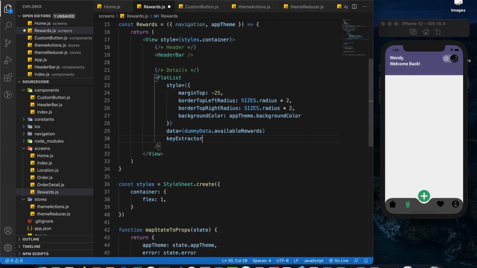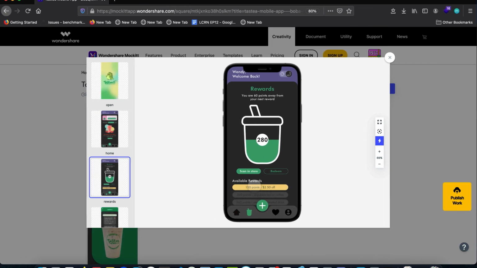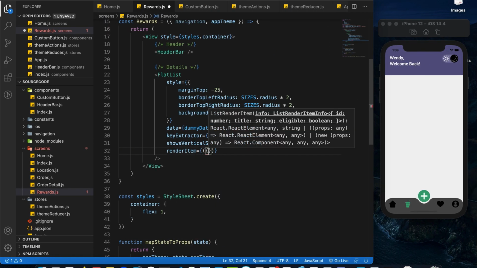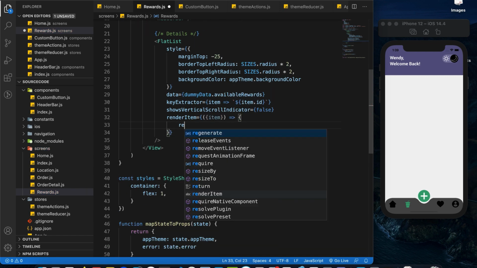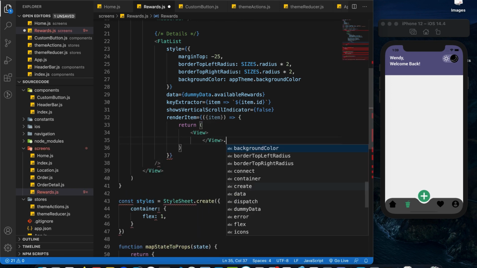The key extractor should be item.id. Shows vertical scroll indicator should be equals to false. And what I'm going to do here is that I'm going to first render the available reward list before we move on to the other components over here. Okay, so the render item equals to item arrow function, and over here we are going to return the view, give it some styling,